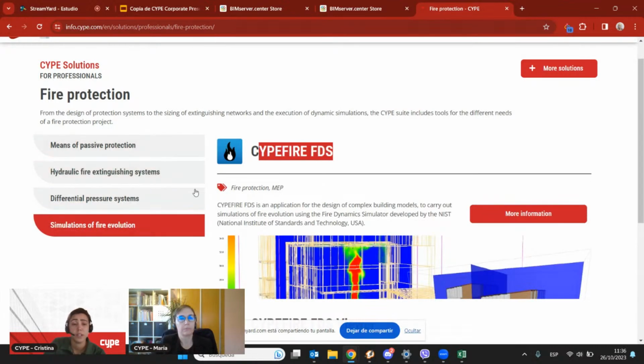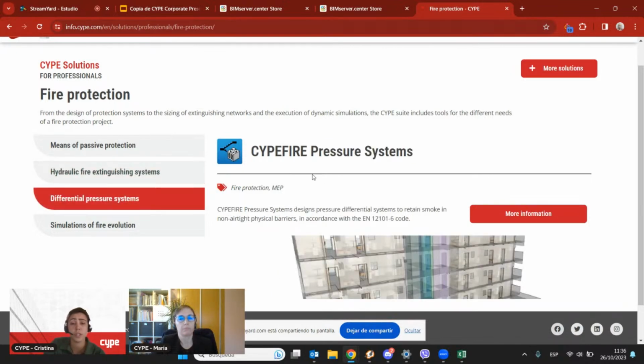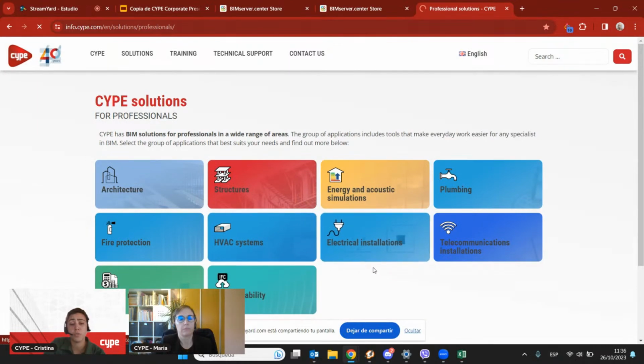These are the two software that we have specifically for fire, but we also have the hydraulic systems inside fire. That's the software that Maria Adriana is going to be showing today, and also the CYPEPLUMBING pressure systems. As I said, I'm only going to show you a little bit of the overview of all the software that we have. Maria Adriana is the one who is showing you how to use the software. But